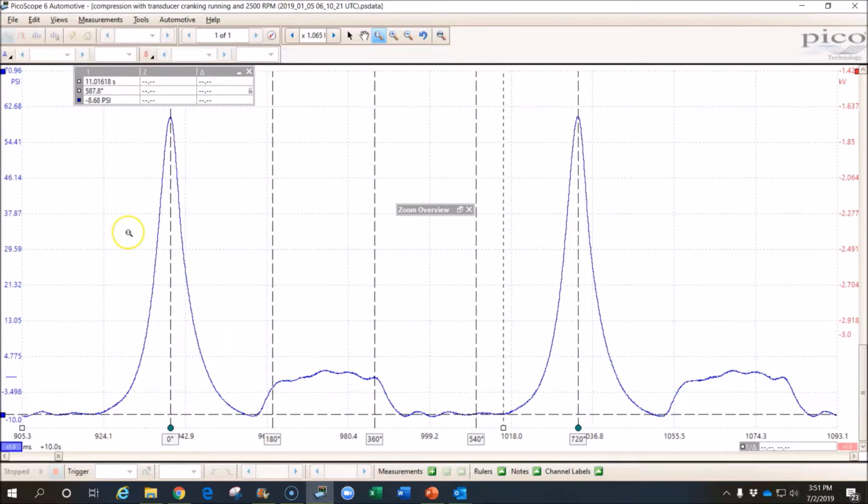Okay, now that we've been through that, let's take a look at what we can learn from this waveform. First, obviously, is we can see what the compression is in this cylinder. And around 60 psi is very normal for an idling compression. If we were to look at an earlier point in this waveform,